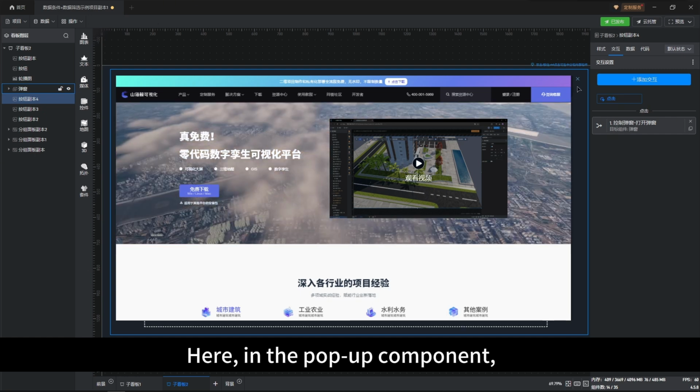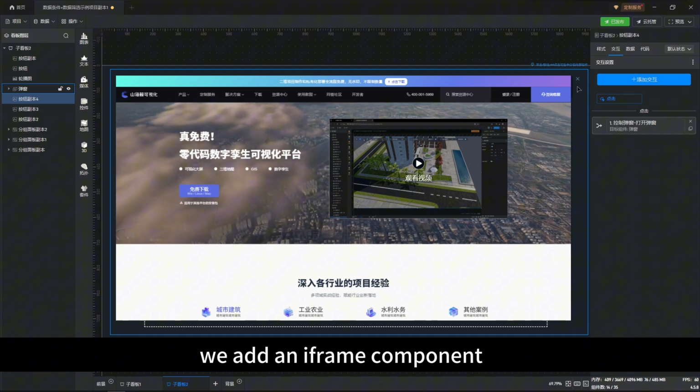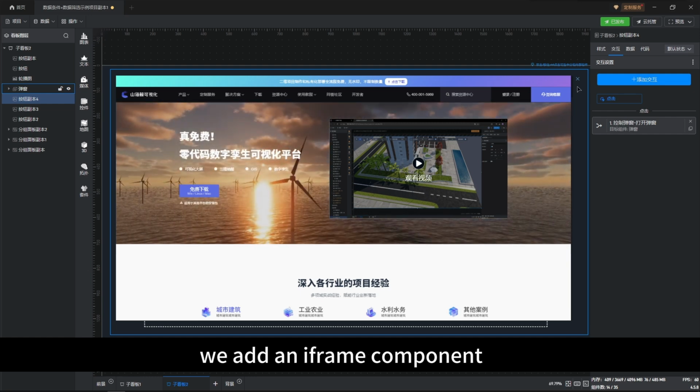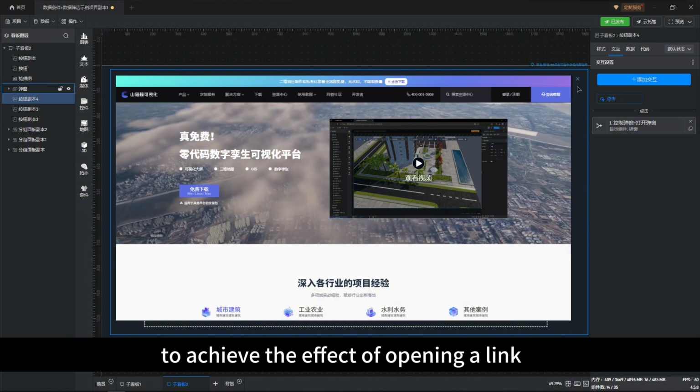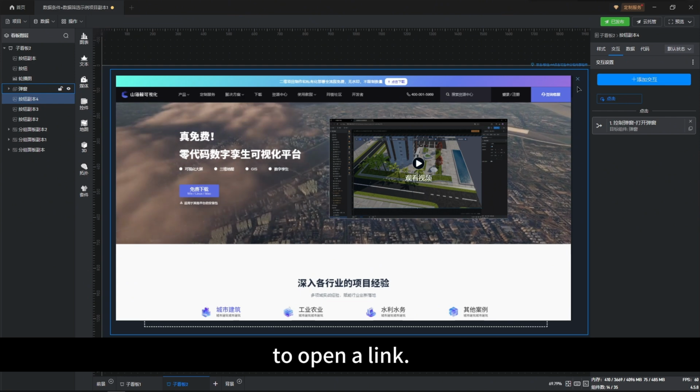Here, in the pop-up component, we added an iframe component to achieve the effect of opening a link. To open a link,